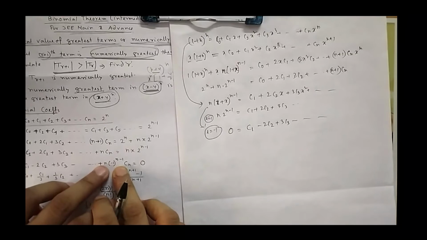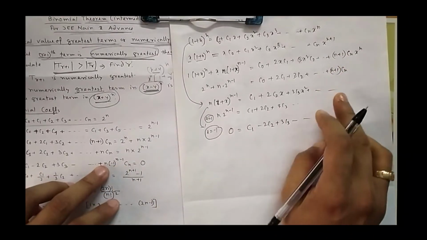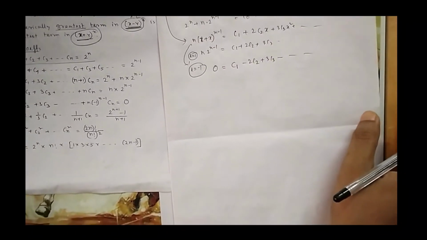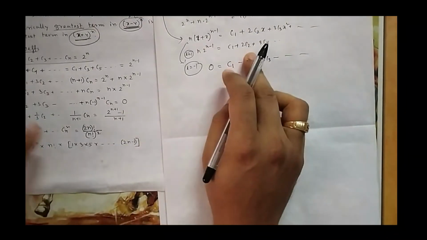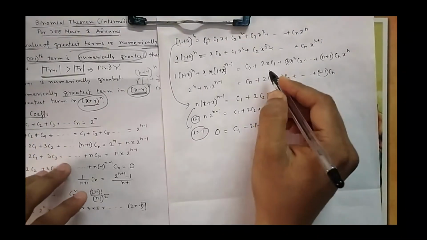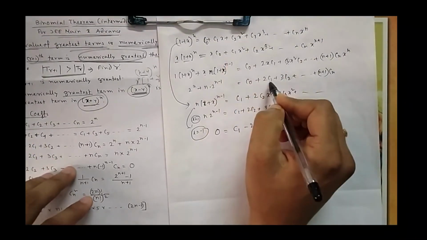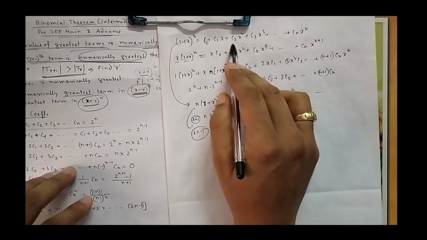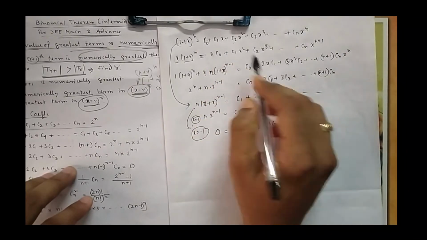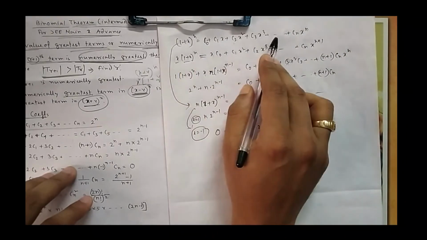The last one will automatically come if you differentiate the last one. I am not showing it, but I am showing where it is coming from. That is important. Exact derivation is not important, but where it is coming from, you need to remember, because the coefficients are coming in front of it, so it is somehow related to differentiation. Because 2 is coming in front of C1, with C1 it is normally x, so because 2 is coming, I have to make it x squared. That's why I multiplied by x.